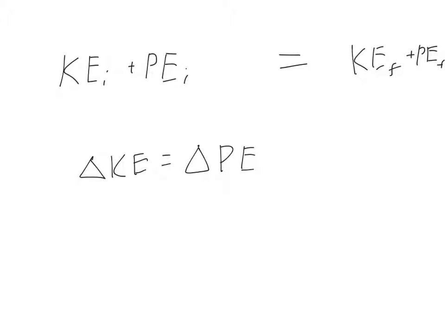So I could talk about the work done by that, or there could be friction involved and would be trying to resist that and would be taking energy out of the system. So the most complete form of this equation is if I also add in the work done on the body, which could be positive or negative. So basically it says the amount of energy you have already in the body, both its kinetic and its potential energy, plus whatever work you happen to do, will equal the kinetic and potential energy when you're done. So let's try an example to see how this would go into play.